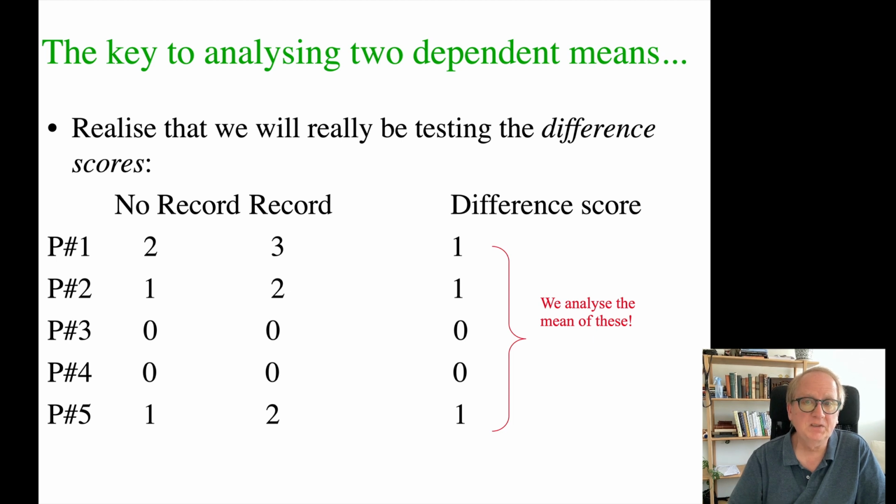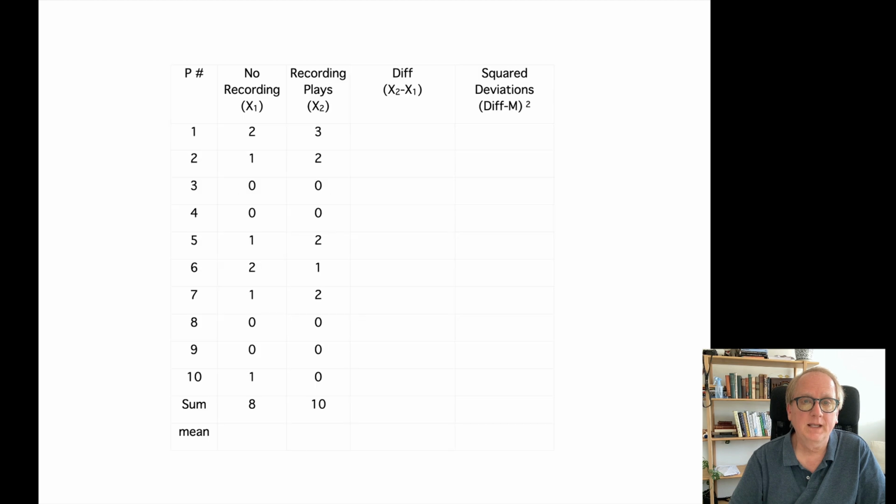So that's just a new score that we get from that person. It's just the difference between the 2 scores. Laying this out into more of a table, you can see here I have now my fully 10 participants in